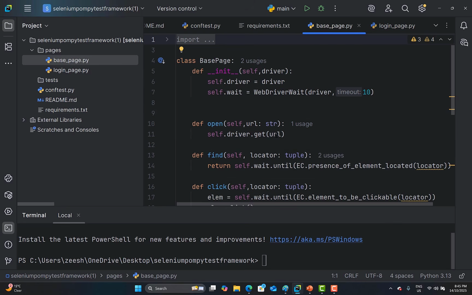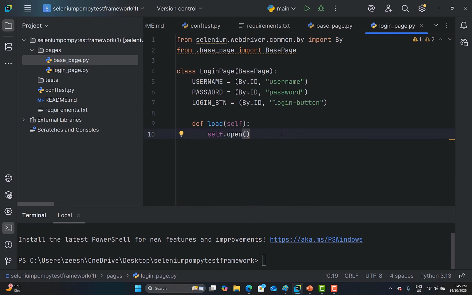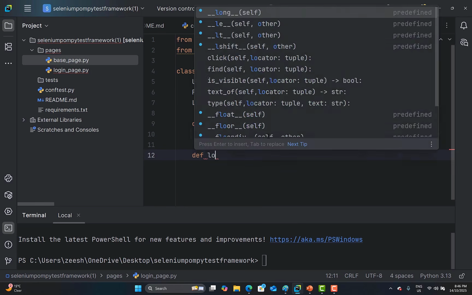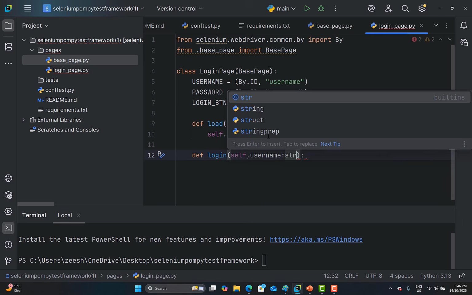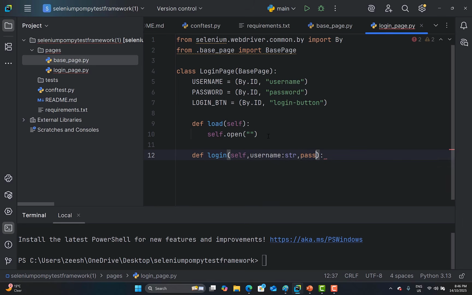So we need to provide a URL, right? So come back here, and here we need to provide the URL. And let's create a function for the login here. Def login, and here we need to provide the username as a string, password as a string. So comma username colon str, comma password colon str,